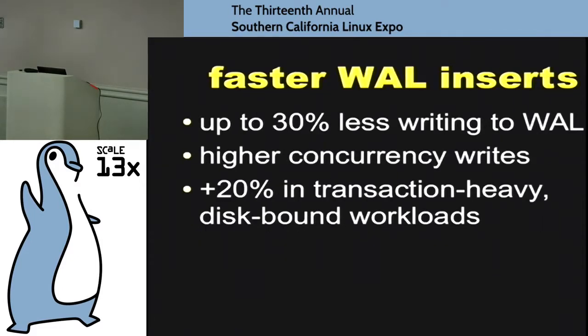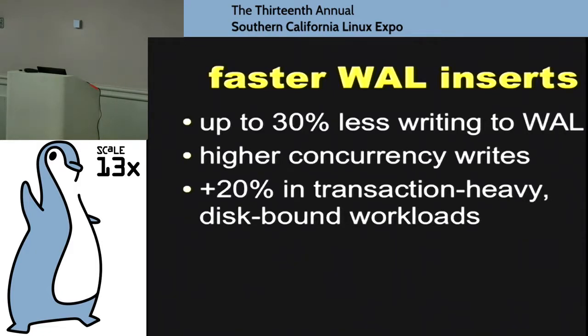The faster WAL inserts. The write-ahead log for Postgres is how we guarantee crash safety, and so obviously performance contention on the write-ahead log is a big part of Postgres performance in general. We've got better concurrency on that now, and made it slightly smaller in general, which is important because the new replication system adds extra information to the log, so we needed to actually shrink it in other ways.